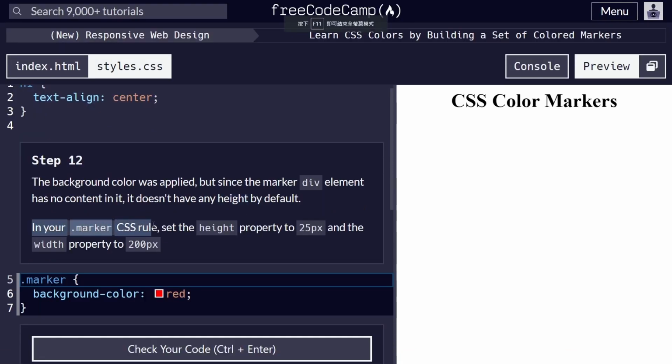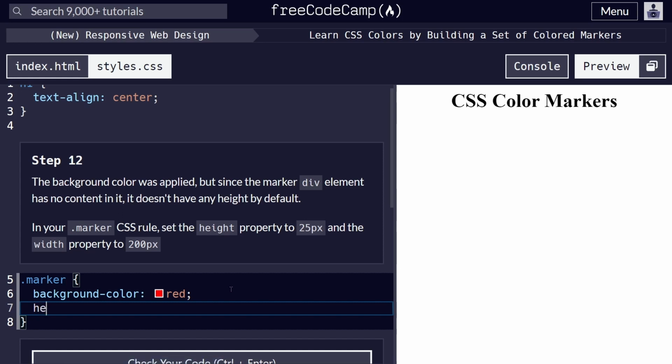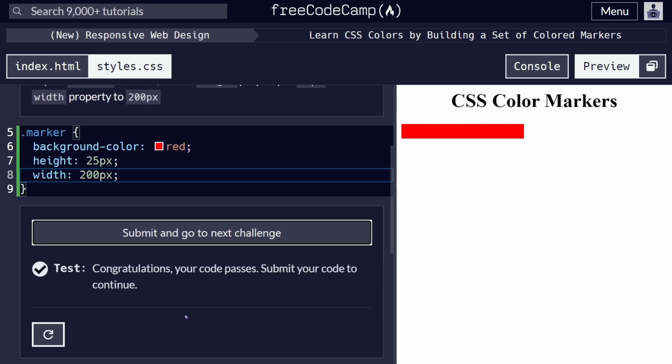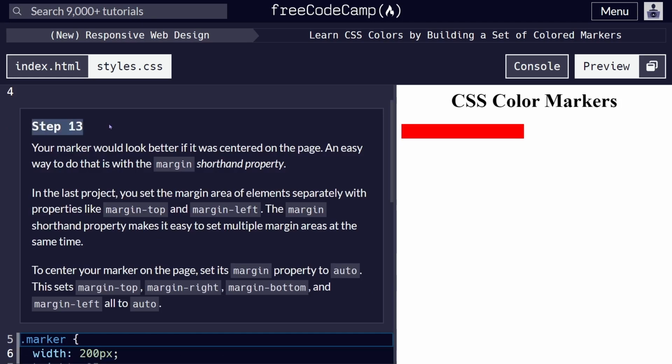Height. In your marker CSS rule, set the height property to 25 pixel and the width property to 200 pixel. 在这个里面，它叫我设置我们的高度 height 冒号空格25 pixel 分号。再来是 width 冒号200 pixel。分号，简单。Step 13. Your marker should look better if it was centered on the page. 这已经是 marker 的雏形了吗？